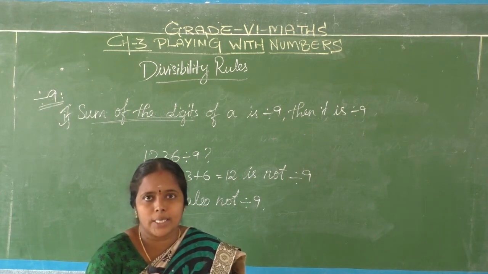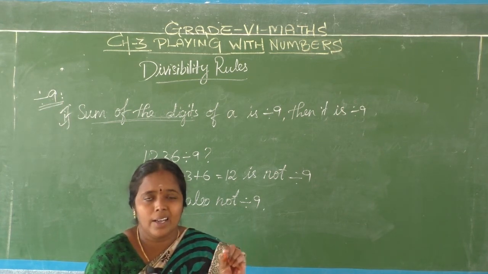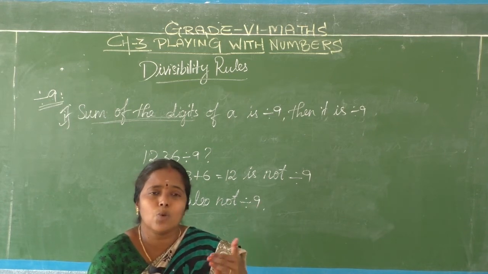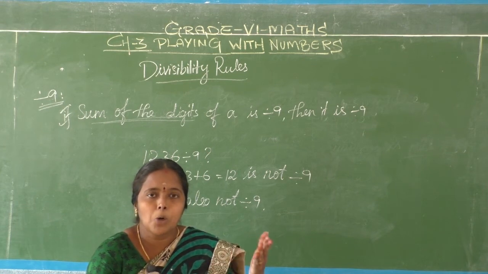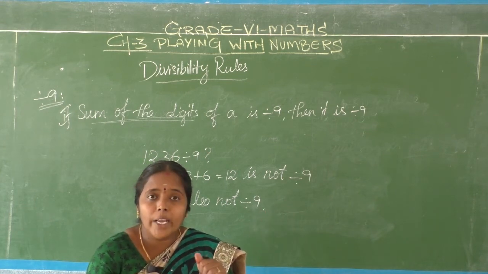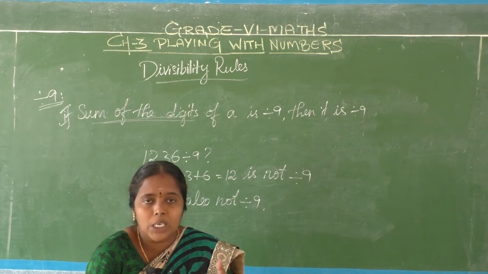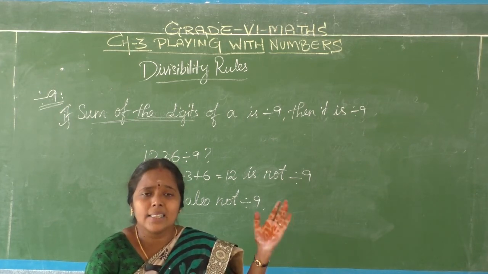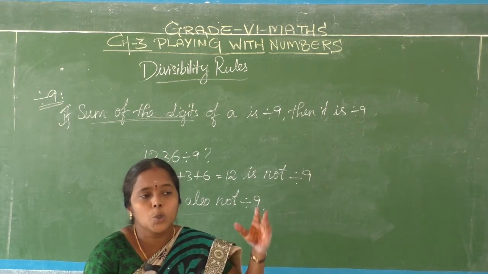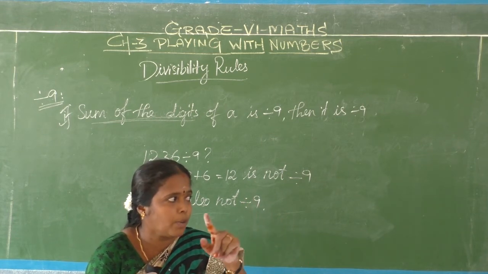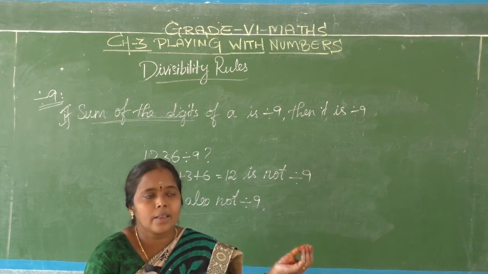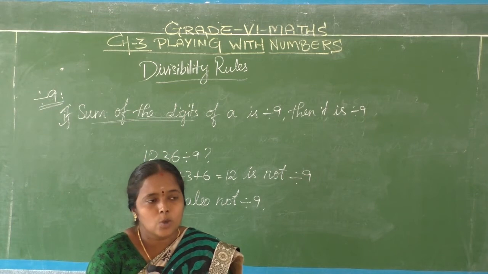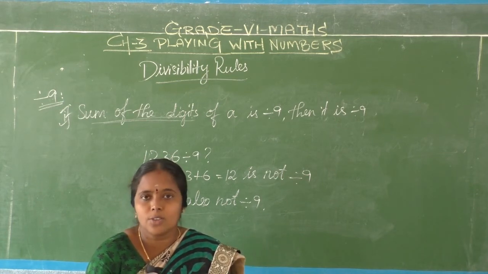One more rule remains. What is it? Divisibility by 11. That we will see in the next class. Just to recall what we have discussed about divisibility rules: why do we have to learn these rules? What is the purpose of reading them? Because these rules help us solve sums easily. Without normal division, we can check whether a particular number is divisible by another number or not. Clear? For that only we are going to learn these rules.